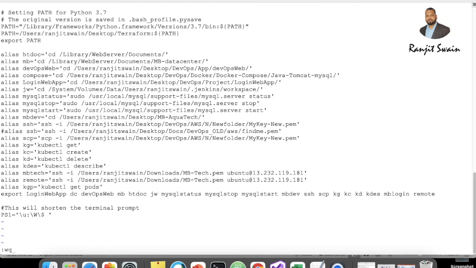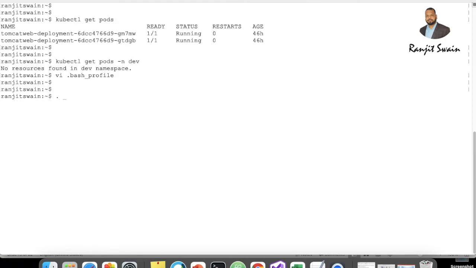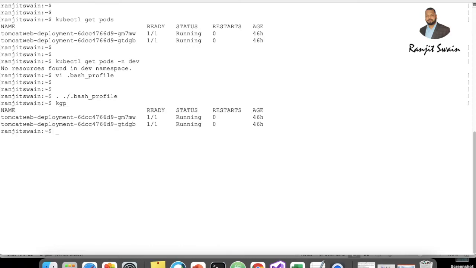Simple, save it. Now execute the bash profile. Now if you do kgp, it will give us the result. See, whatever commands we use to get it, we can do it. Now you can see how easily and how fast we can get work done using aliases.